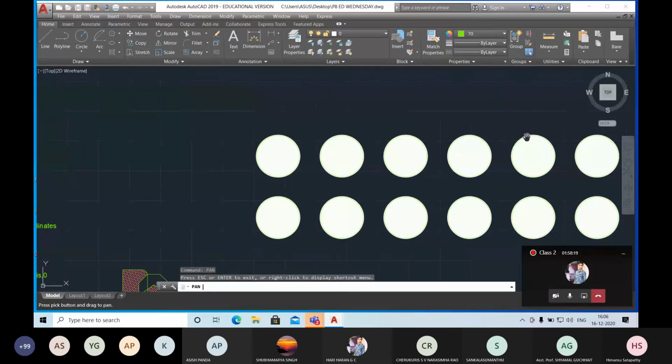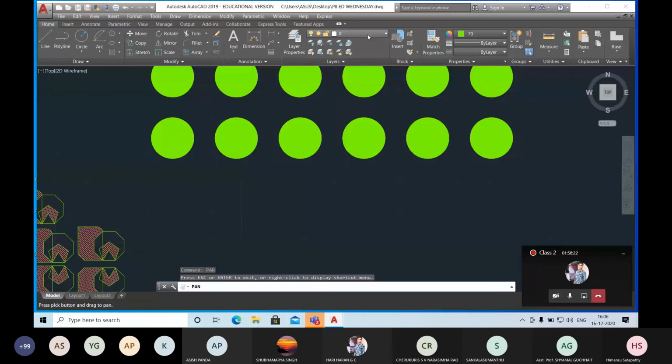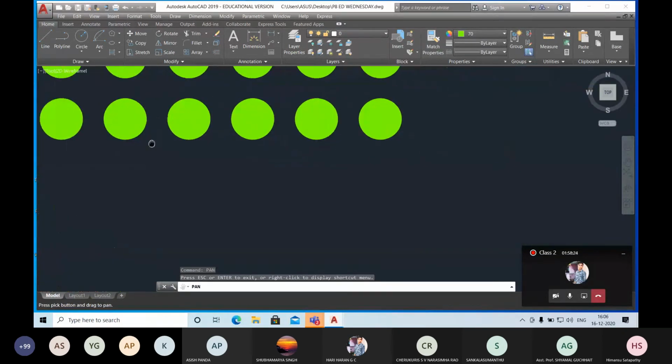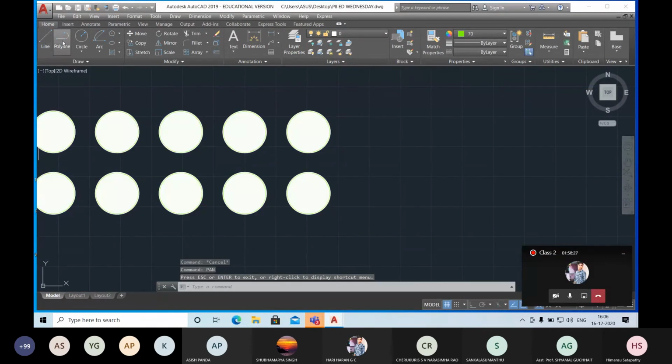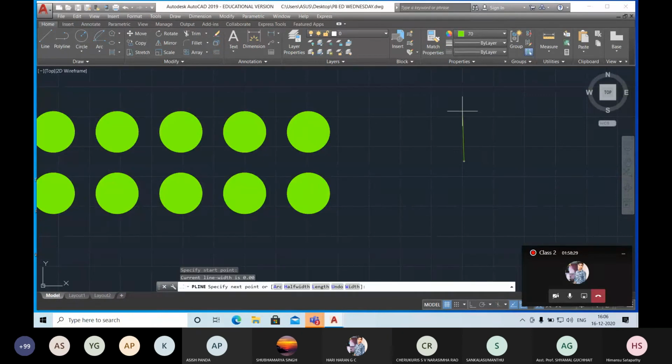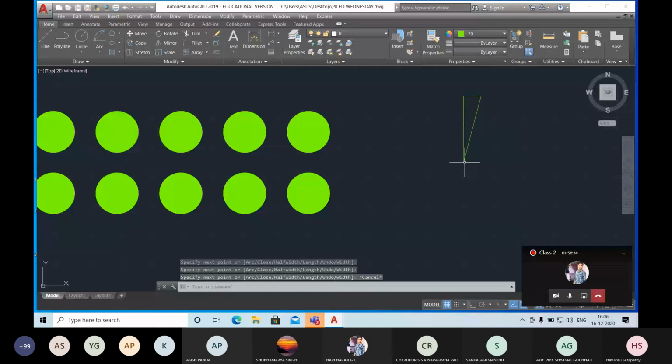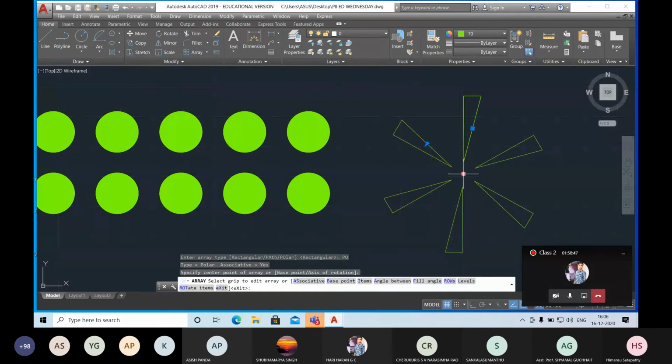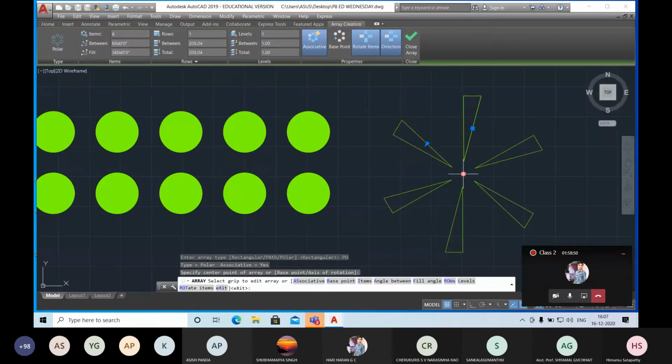Similarly, there is the rectangular array. If you want to make a polar array, then how to do that? I just draw using a polyline so that I can select the whole drawing at a time, all 3 sides at a time. So the array command is: array, enter, then select the object, press enter. Then there are 3 options: rectangular, path, polar. You can select the polar array, and you need to mention a center point. By default there are 6 items covering 360 degrees.